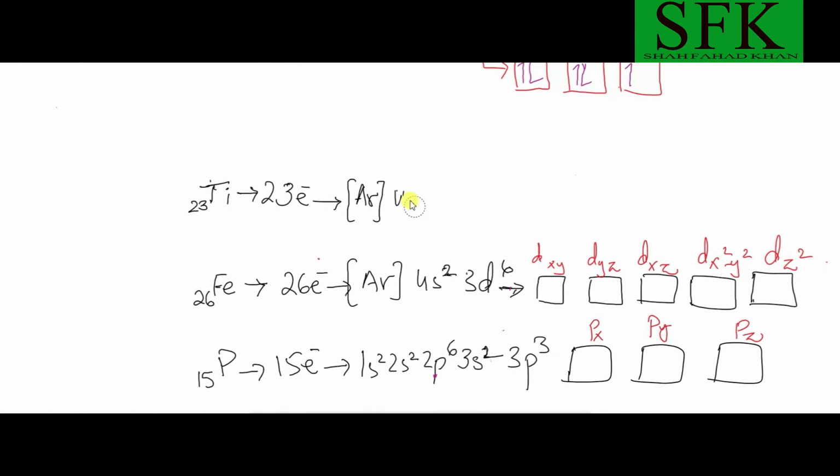The next example is titanium 23, argon core 4s2, 3d3. Argon core means 18 electrons, plus 2 is 20, plus 3 is 23 electrons. Now, according to Hund's rule, we are going to fill up the electrons in the d orbitals. The 3d subshell has 5 d orbitals,